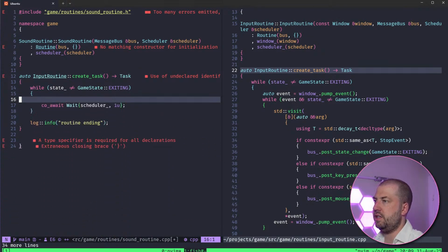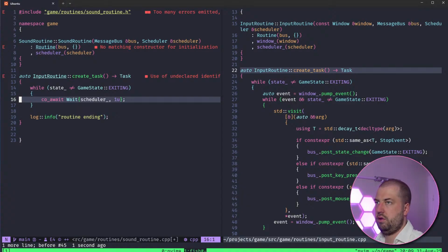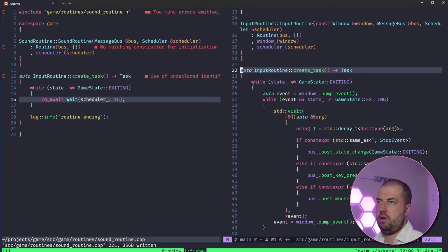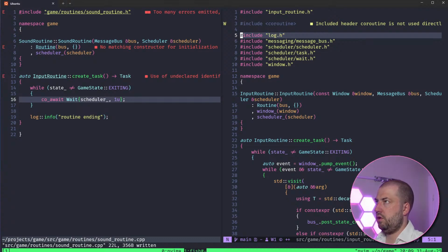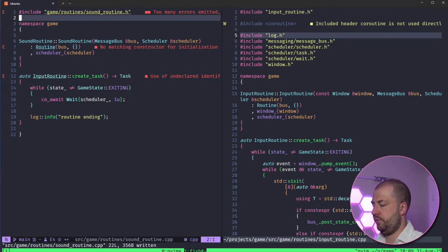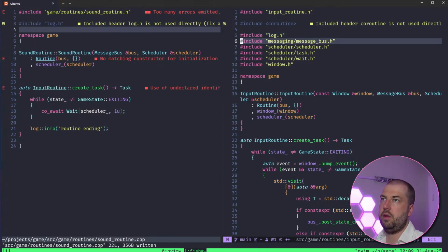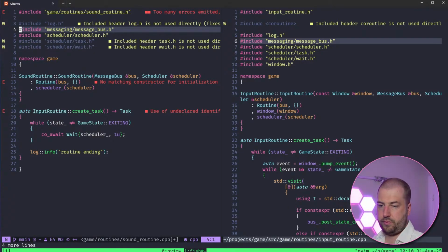I just want to basically reschedule myself. And then I'm going to want a log, a message bus, a scheduler, a task, a wait, and I want all those good things over in here. Okay.